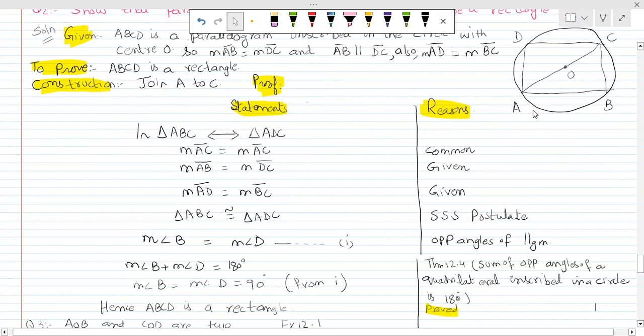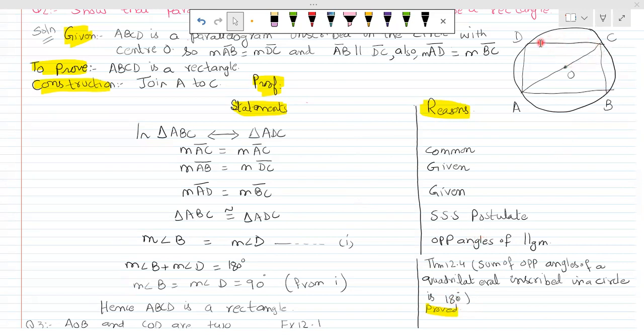Also we can have a result that angle B is congruent to angle D, because these are the opposite angles of the parallelogram, and any two opposite angles of a parallelogram are congruent. So angle B and angle D are congruent. And from theorem 12.4, we know that the sum of the opposite angles of a quadrilateral inscribed in a circle is 180 degrees. So according to theorem 12.4,